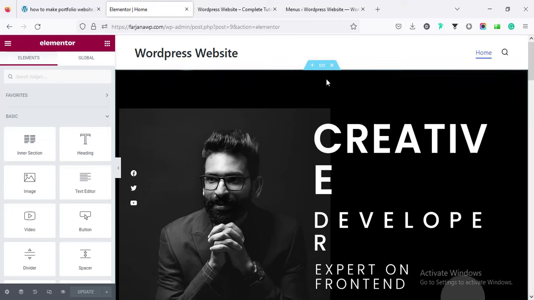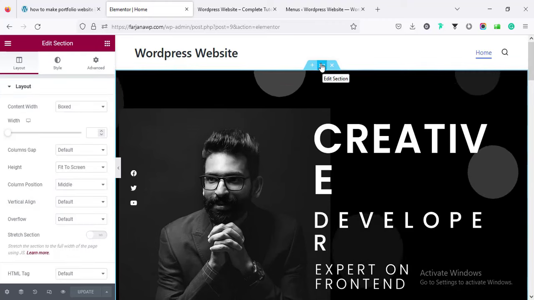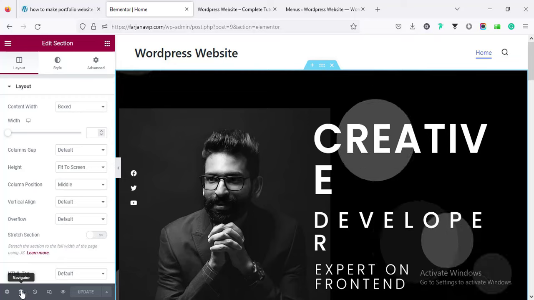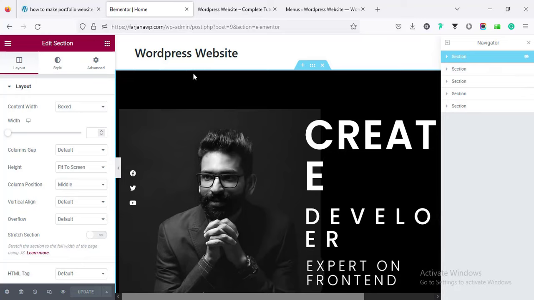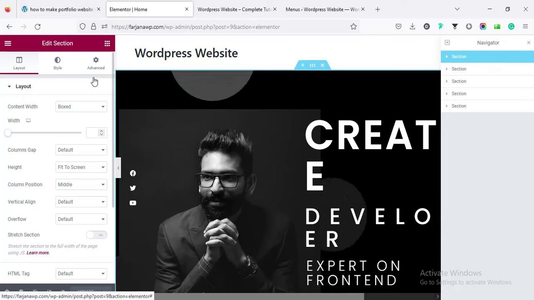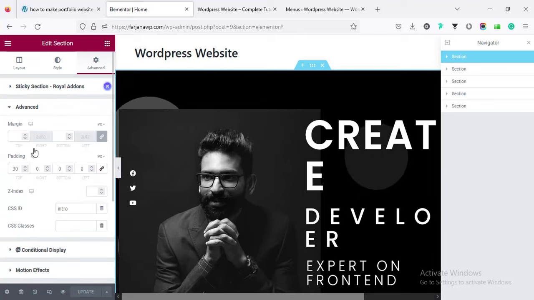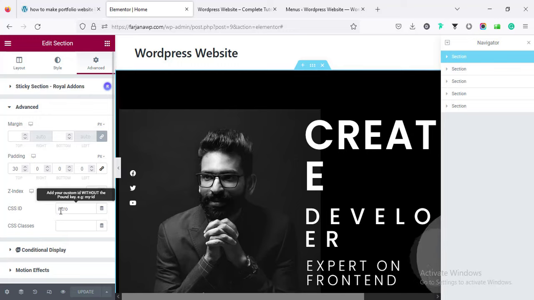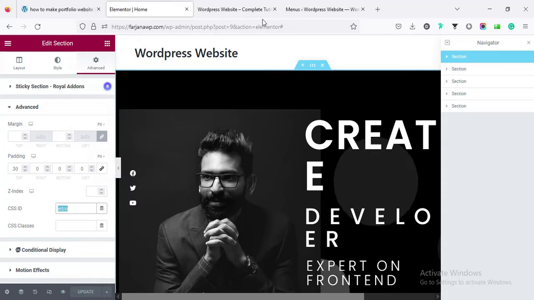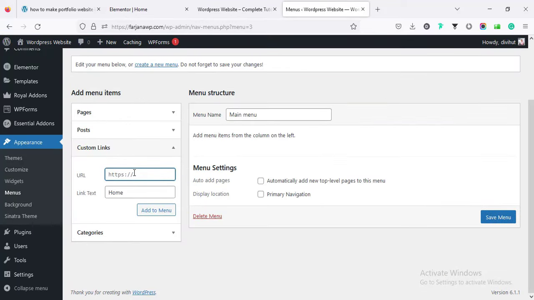And for the top area, you will also see all the sections here from navigator. For the top section, if I go to advanced, here is the CSS ID. So here we have to set a specific ID. I have already added ID for each of the section. You can add any ID as per your need. So I'm going to copy and hash and simply paste the name. Going to add to menu,